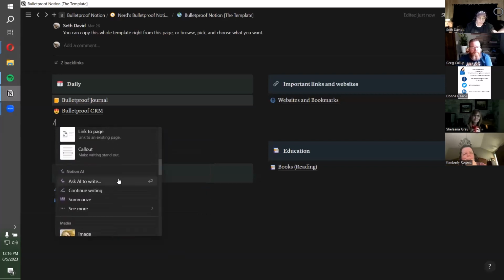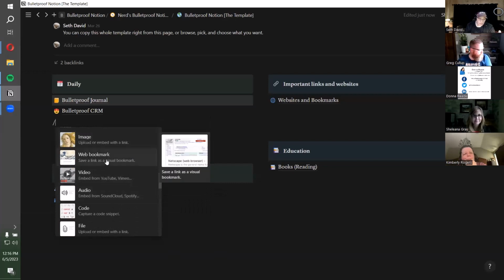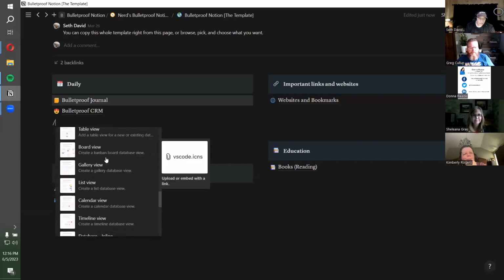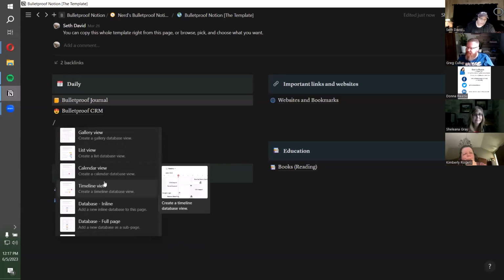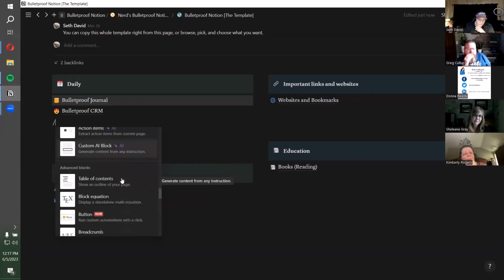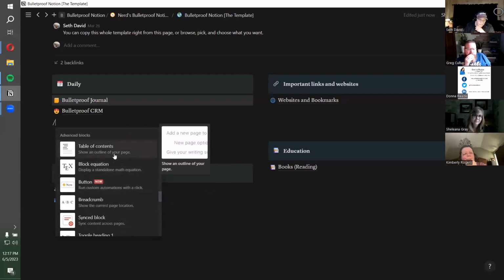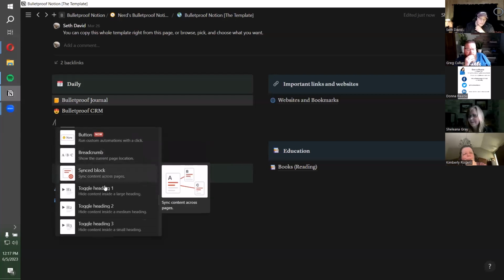If you have the paid version of Notion, then you'll have the AI tools, which are actually really good. And then here's where you can add different kinds of media. They've broken it down into sections. There are database elements you can add. You would be adding the same database and creating perhaps multiple views to just have different ways of looking at the information. And then down here, we've got some AI blocks. Okay. And then we have advanced blocks like a table of contents, buttons, there's all kinds of stuff you can